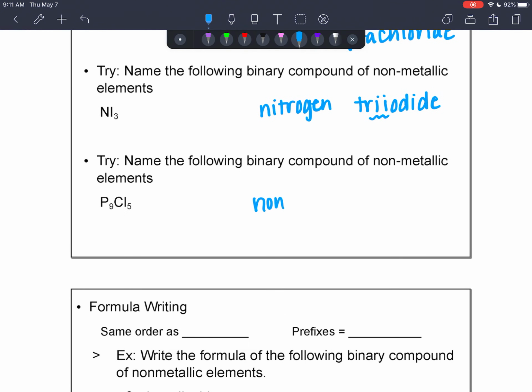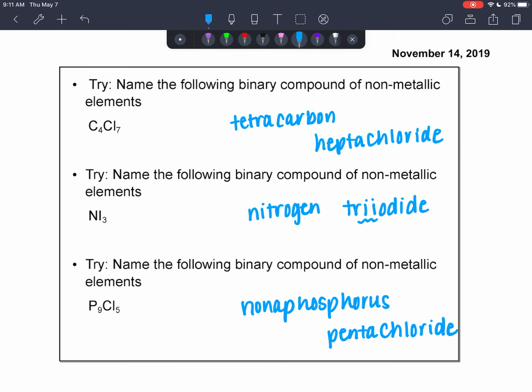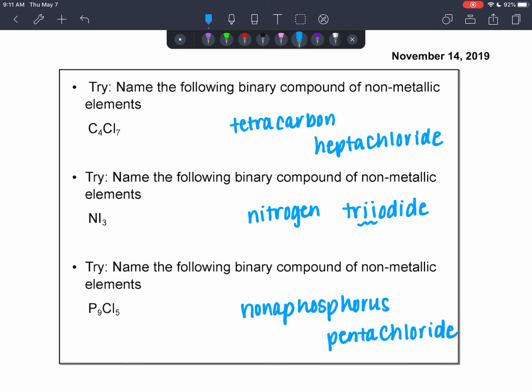It doesn't happen often. And then the last one is going to be nonaphosphorus pentachloride. All right, so that's gotten us through naming for covalent compounds. I'm going to stop here, move on to the next